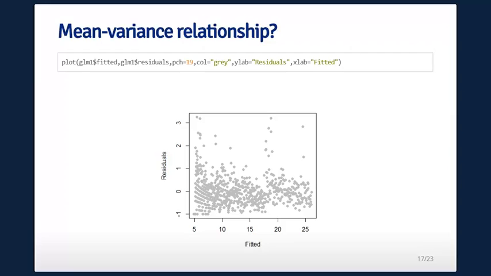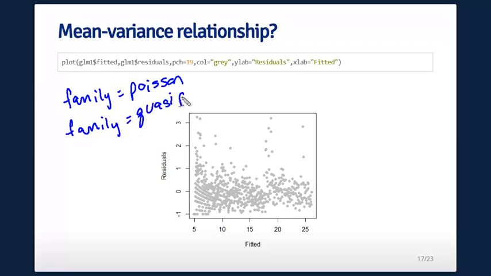One thing you can do in this case is you could always try, instead of family equals Poisson in the model, you could do family equals quasi-Poisson, and then it will add a multiplicative factor, so the variance is not just equal to the mean, but it's the mean times a factor. It's not 100% clear that would work in this case, but a general thing that you can do